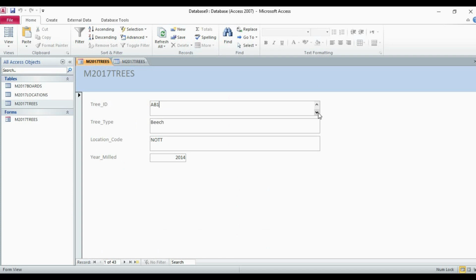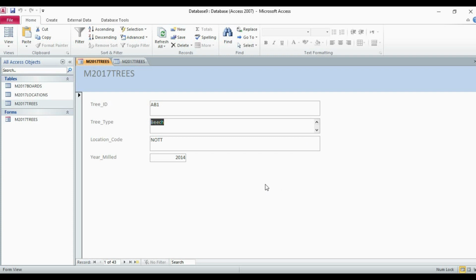But what is the benefit of using form if we have to go to the datasheet view? Because forms are actually used for an easy interface between the user and the system. So again here I cannot check it. Yes, it might be possible that it is not mandatory to check here, but in some cases we might need to check which tree type we want to choose. Now how to do that? It means we can create the drop down. So if we want to create the drop down in form, we use the combo box tool.